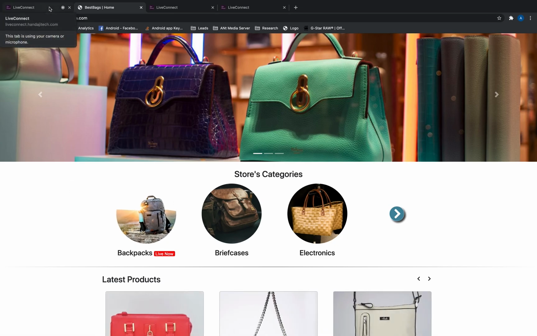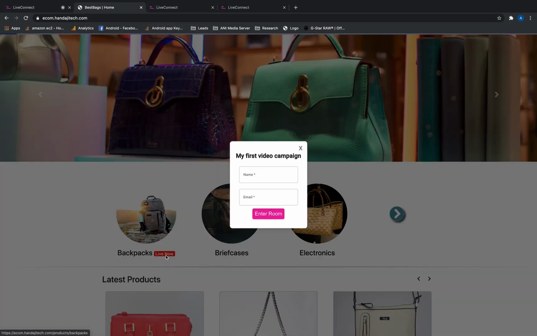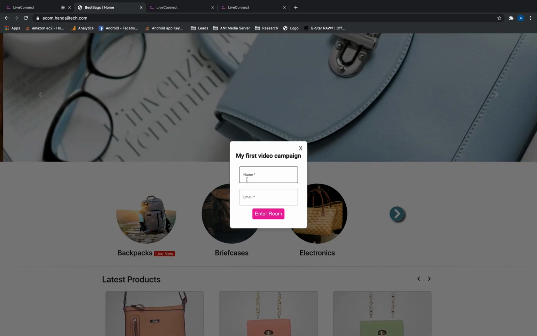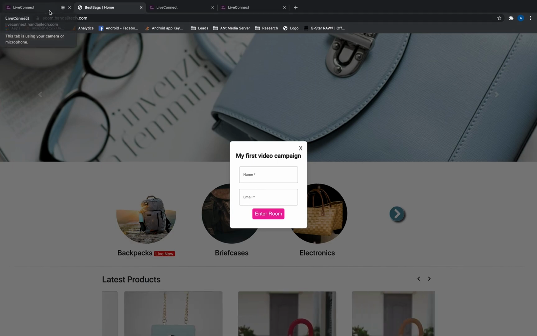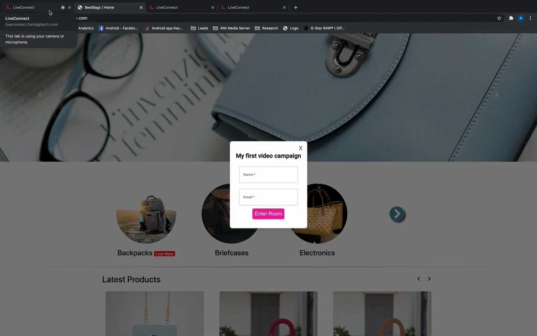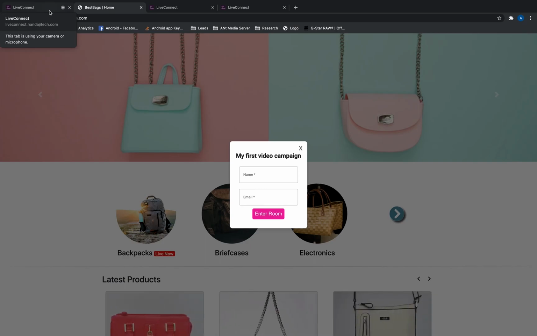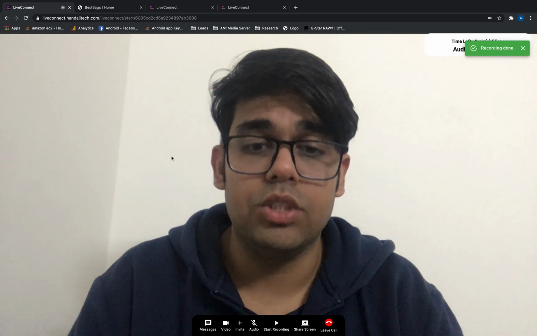Now coming back, you will say, okay, I don't want this pink color because my website theme is blue or red or something else. We have got you covered there as well, because we want this widget to appear as in it's part of your website and not some third party tool which is plugged in for your users, right? It's your thing.